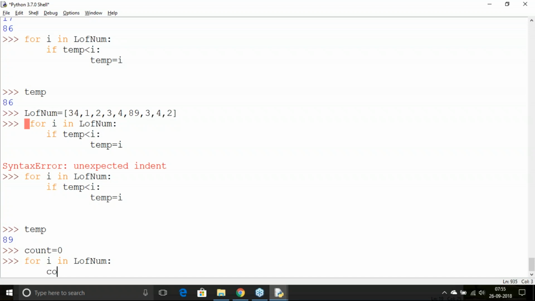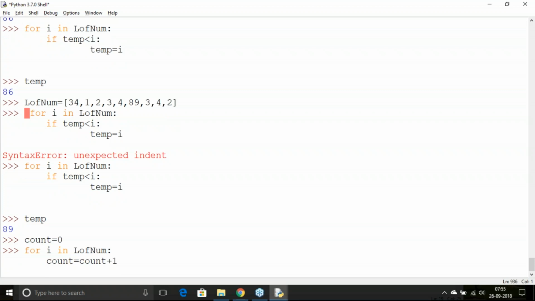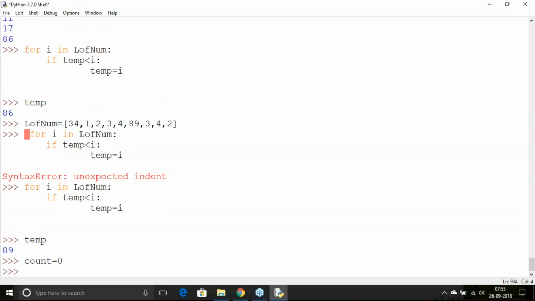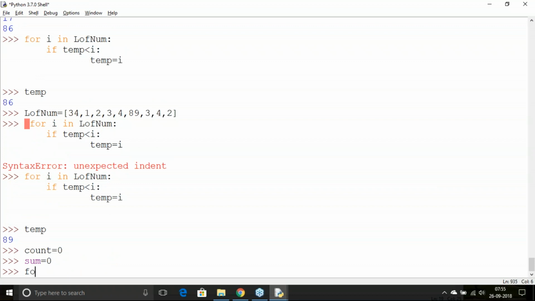Then I will increase count equals to count plus 1. Each value I'm getting, I'll use sum equals to. So I have to define sum as well. Initially I'm defining sum equals to 0. Then for I in L of num